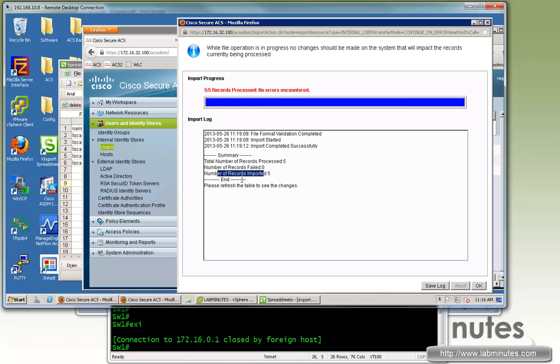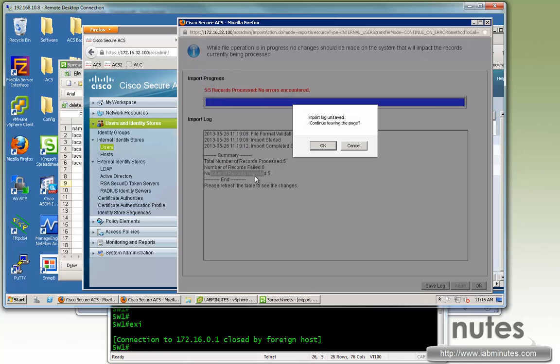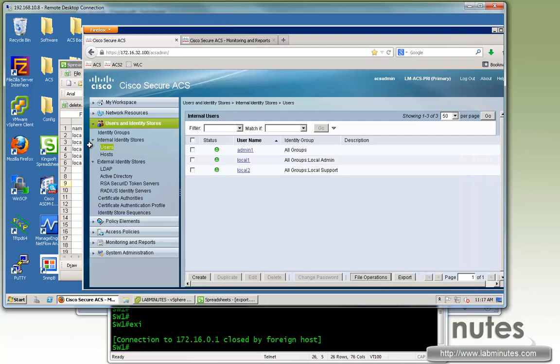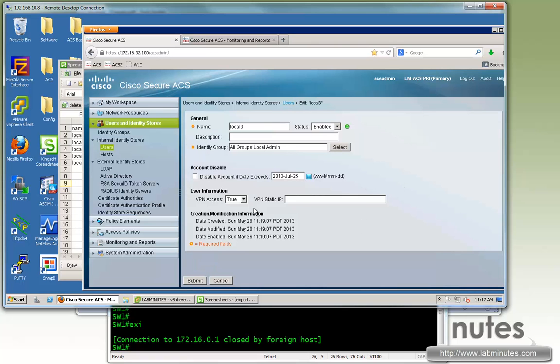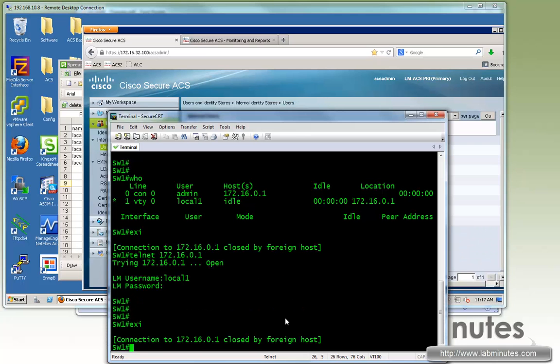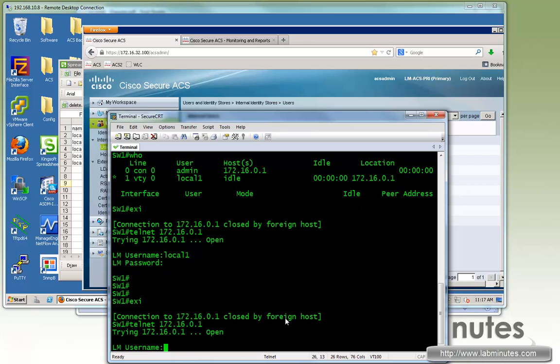And here we have a successful import for 5 records. And if we go back to our user page, we would expect to see local 3 through 7 show up. And if you look under one of them, you can see here the VPN access attribute that we had configured in the previous lab is set to true. And although there's no field for password, if you try to log in, let's say using the local 3 account,